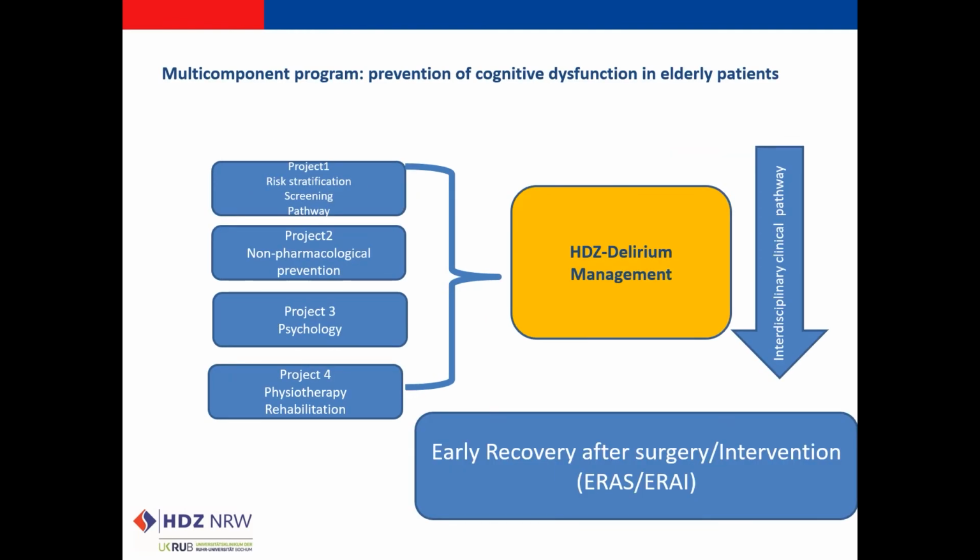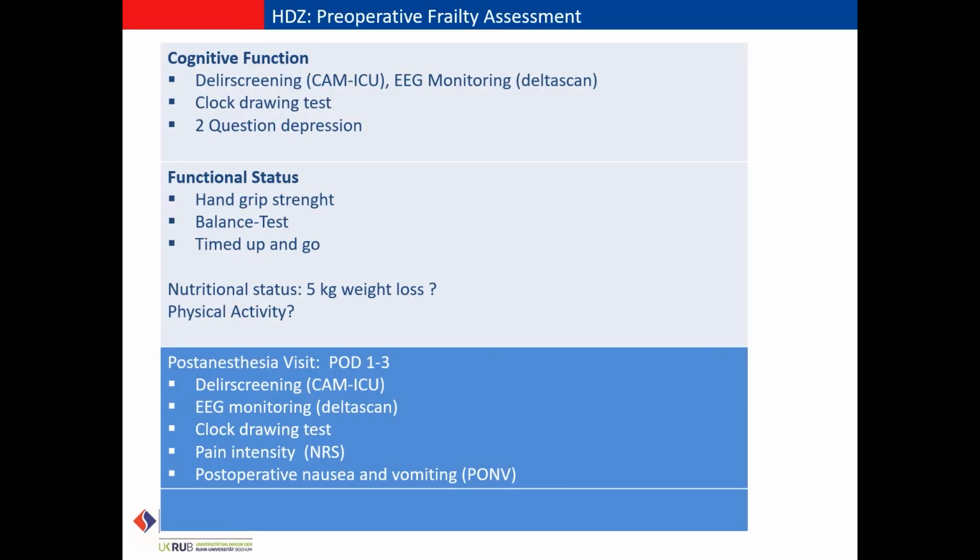And this is also part of a multi-component program in elderly patients, and we are covering from the anesthesia side project 1, the risk stratification, screening and the pathway. But we also have the non-pharmacological prevention from the nurse side, project 3 psychology, and the physiotherapy for the rehabilitation, all with the same goal: early recovery after surgery or intervention. So here on this next slide, you see our preoperative frailty assessment and the batteries that we